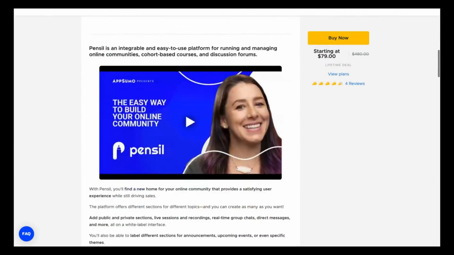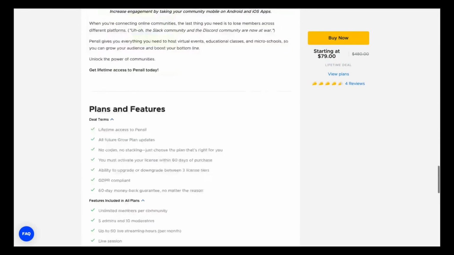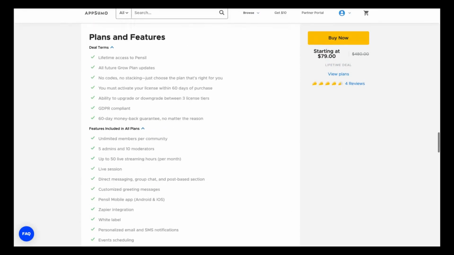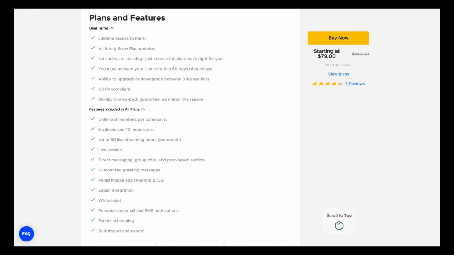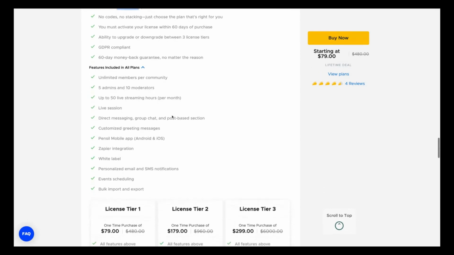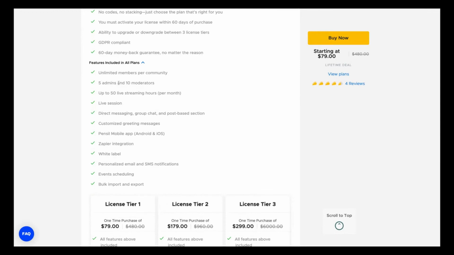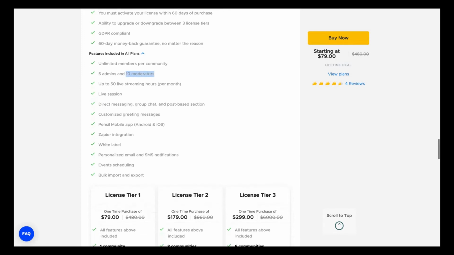Going back to the deal on AppSumo, we can see here that we get the growth plan, but it seems that not all the features of the growth plan that we get on Pencil are included. We have admin and moderators with one code. Remember, to have moderators on UUKI, you need to stack at least 5 codes.